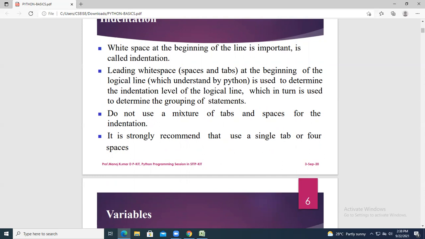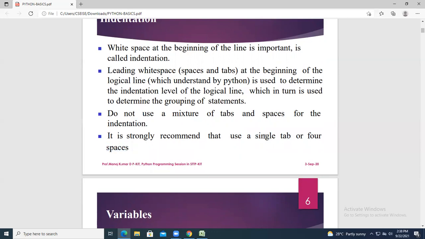Understand carefully: if you want space, you give one tab or you just press the space bar, but don't use both tab and spaces for giving the indentation. It is strongly recommended to use a single tab or 4 spaces.